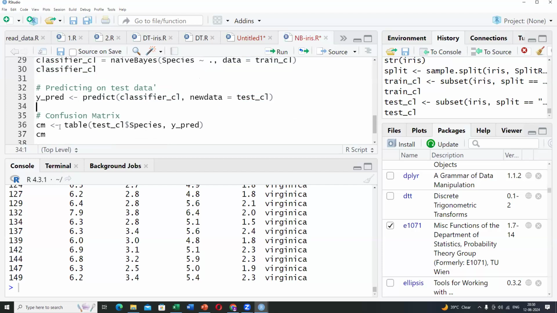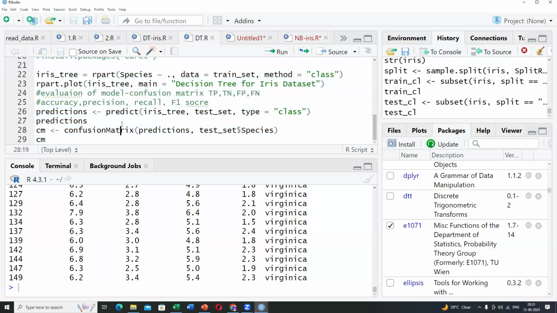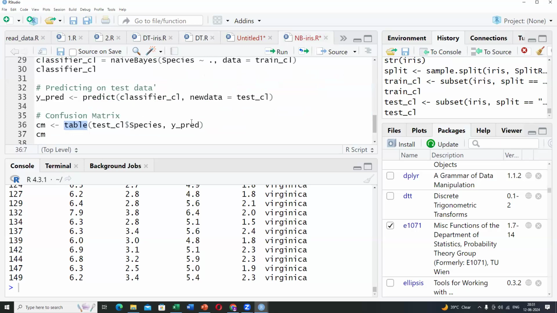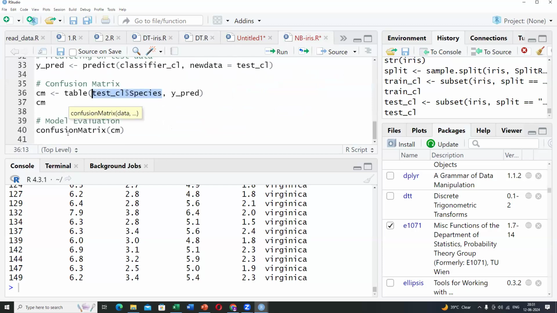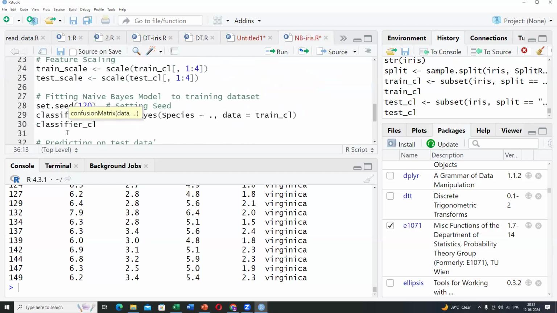Now to build a confusion matrix, we can use the table method. In the previous algorithm, we used this confusion matrix, and you can also use it here. But for this confusion matrix, we require the library caret. You have to pass the data predicted by the model and the actual results. Now, if I run this whole code,